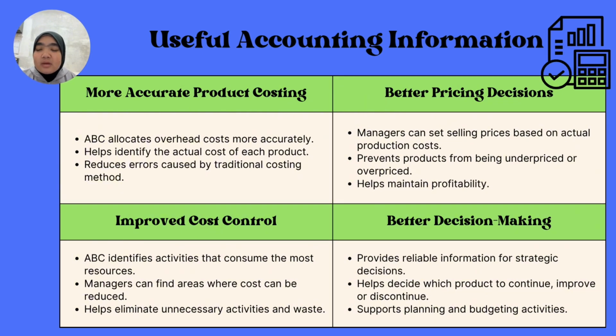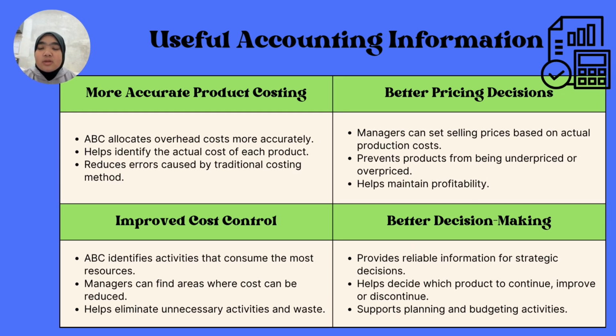Secondly, activity-based costing supports better pricing decisions. Since managers know the true production cost of products, they can set appropriate selling prices. This helps avoid underpricing or overpricing and improves profitability. Third,